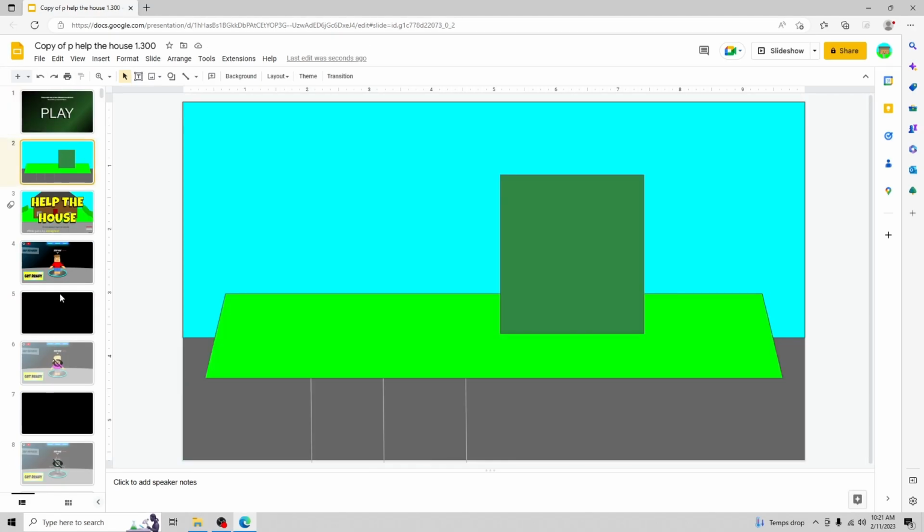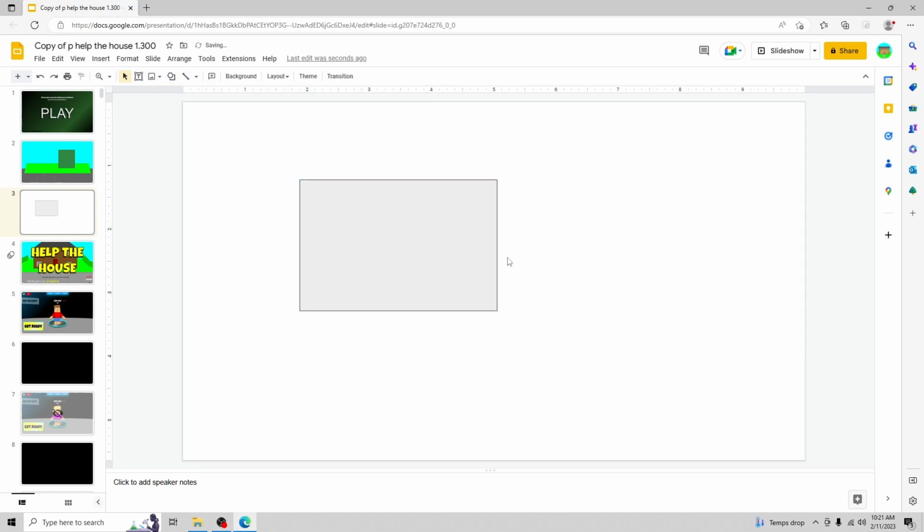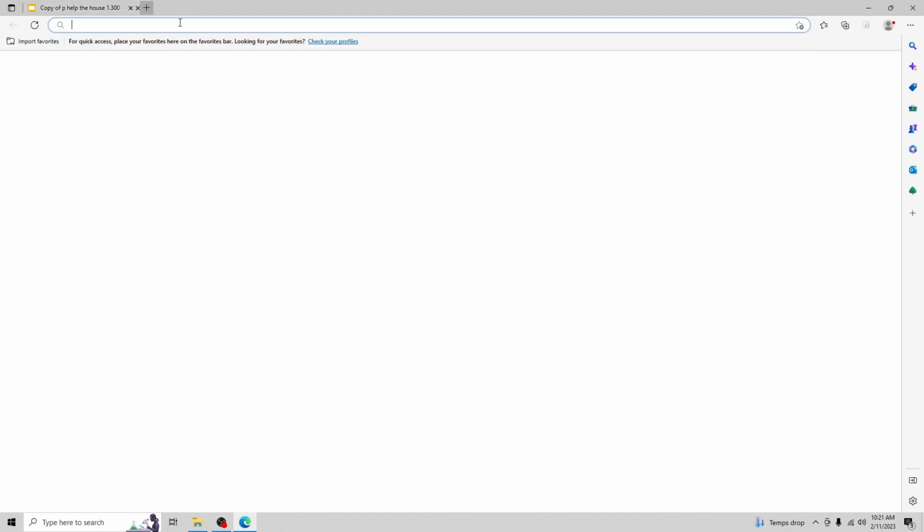Alright, so there's one thing that is very important when making a Google Slides game. And that is a single button, called a link button. It is this button right here. Now, insert links. This can be anything. I could have